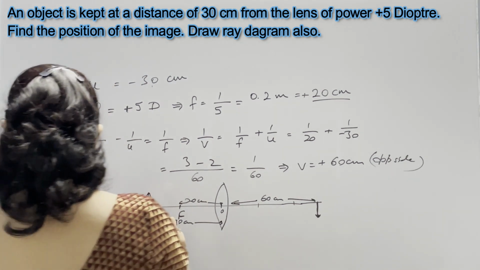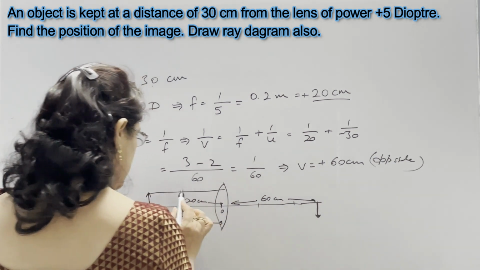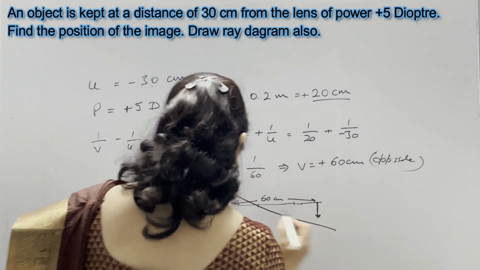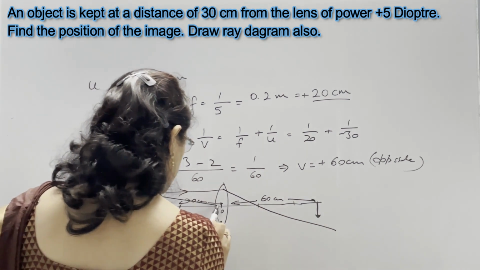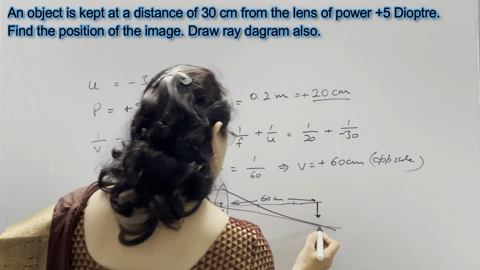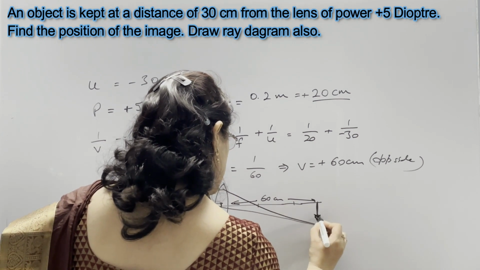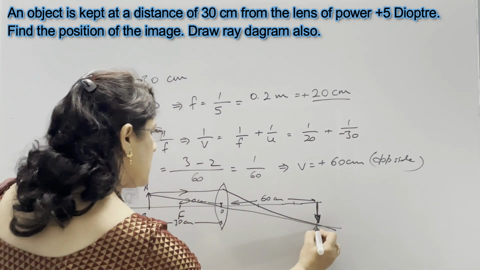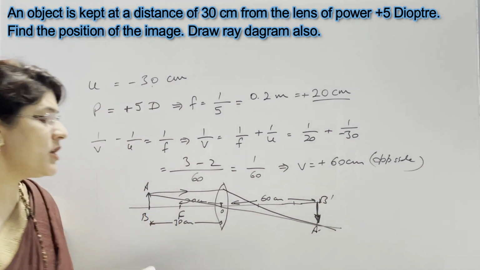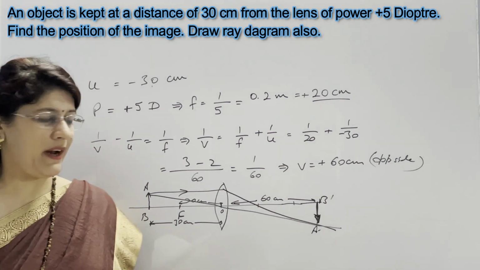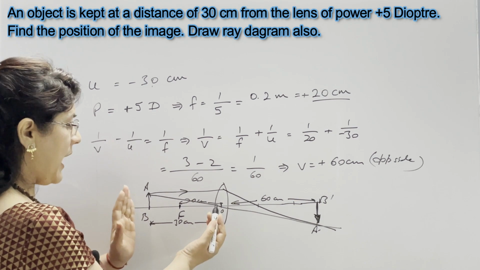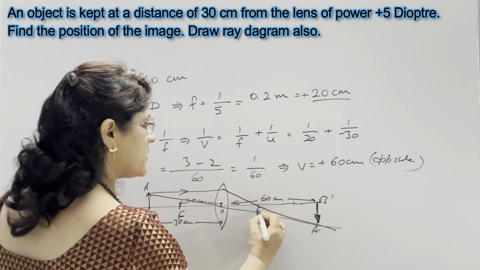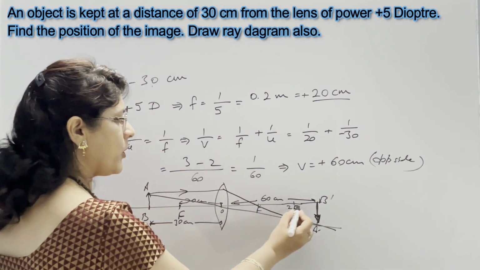So this is the diagram, and to complete this diagram, first ray which is parallel to the principal axis will pass through focus, and second ray passing through optical center will meet this ray, and here you can see the image is forming at a distance of 60 centimeter. This is object AB, and this is the image, inverted image A dash B dash. It is inverted, it is real, it is magnified also. Here you can see the object is in between F and 2F, and image is forming beyond 2F. This is F, this is 2F, and this is beyond 2F: 20, 40 and 60.